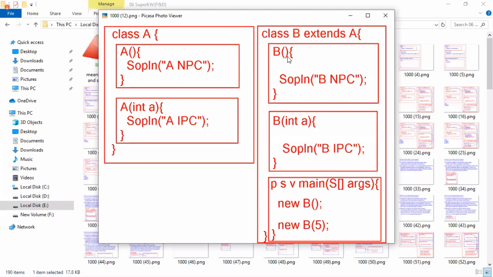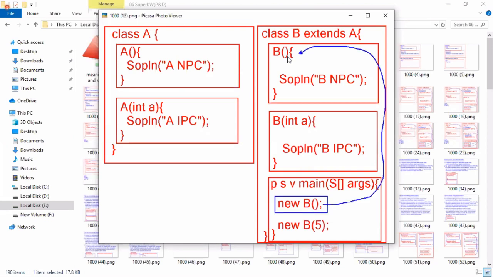No. For calling an int parameter constructor, do we need to pass any arguments? Yes. What is the argument value you want to pass to the super class constructor? How would the compiler know? Do you want to pass 5 or 10 or 20 or 1000? What is the value you want to pass to the super class constructor? The compiler doesn't know. Hence the compiler by default inserts the no-parameter super call statement, super().